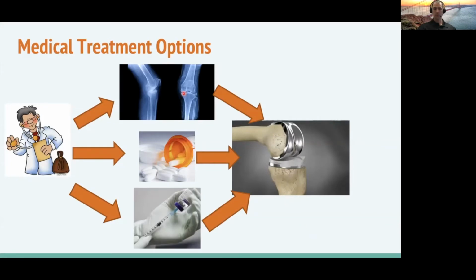My issue with this is, while the x-ray is going to show one thing, it doesn't show how you move. It doesn't show how the muscles are either strong or weak or involved. It doesn't show you hip or ankle. It doesn't show you a lot of things of what's going on. It does show joint height. Well, they'll call it joint space. And if you can kind of see on this picture here, there's this thin dark line across the middle here. In a healthy joint, that would be a bigger gap. There'd be a bigger space between there. This is when the x-ray or MRI came back and said bone on bone. That's what they're describing.